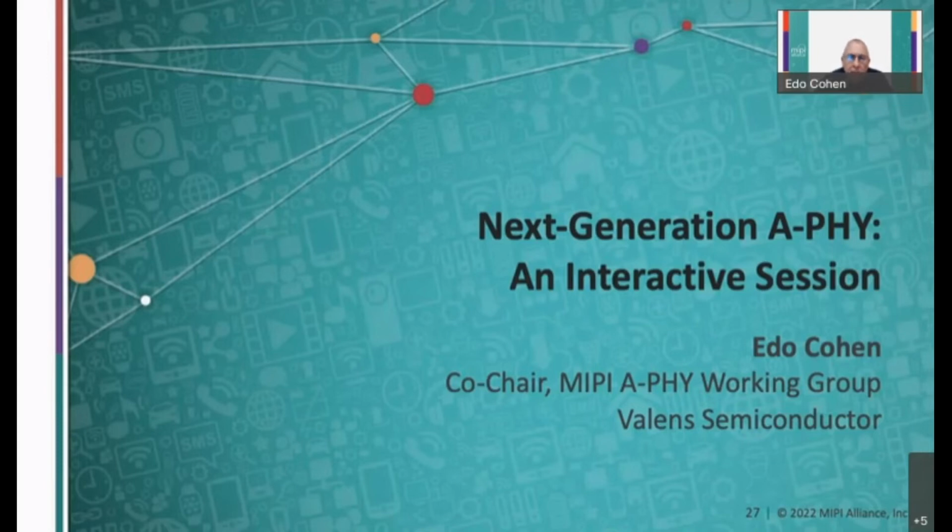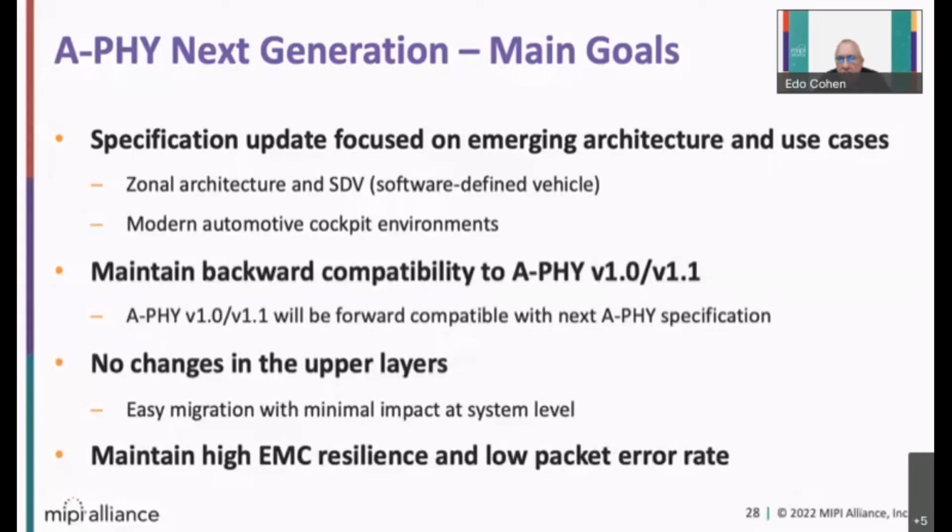Going forward, when the working group started this activity on the next generation A-PHY, several guidelines were set in order to have focused and productive discussions.